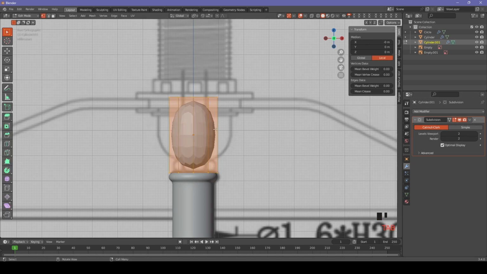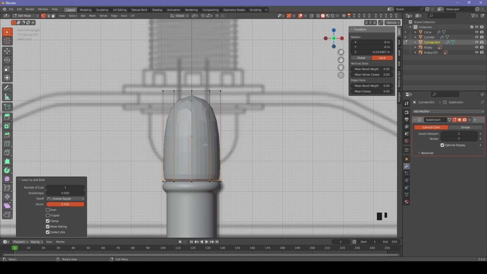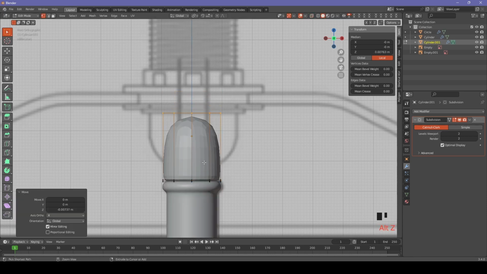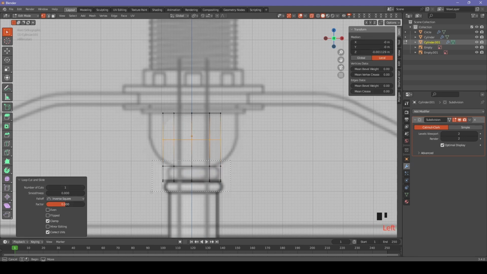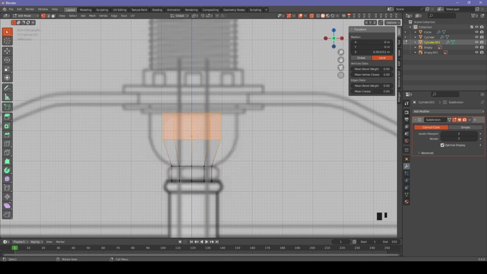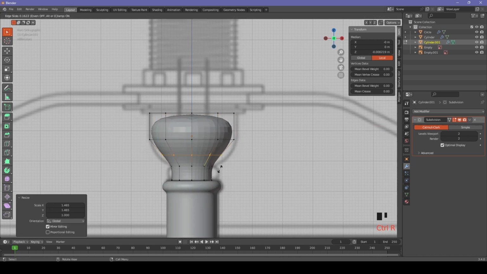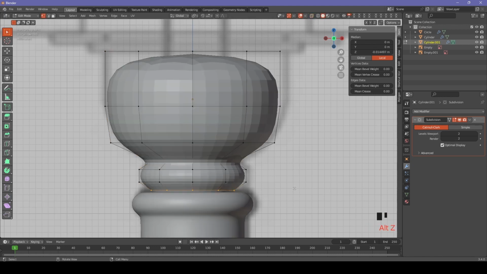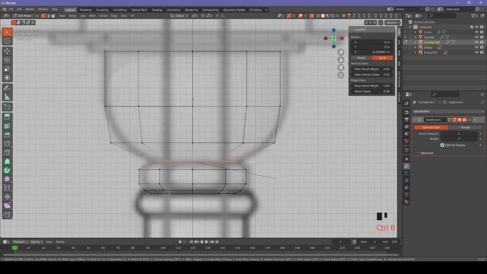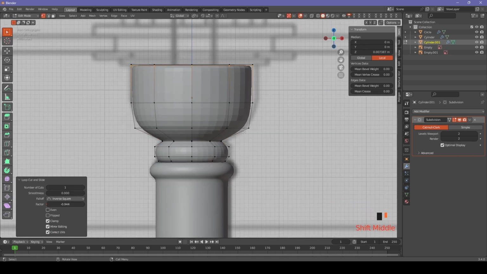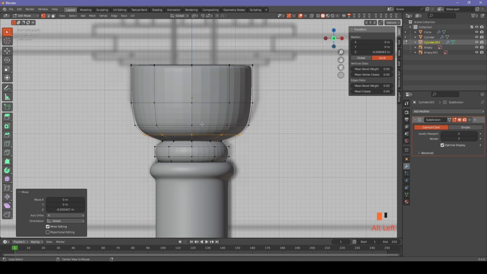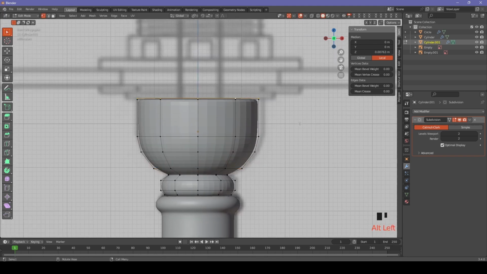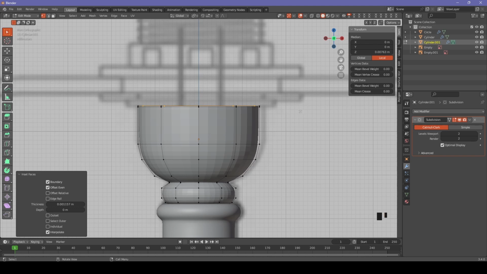And let's get into edit mode and shape it again. Now let's create these sharp circles that holds the